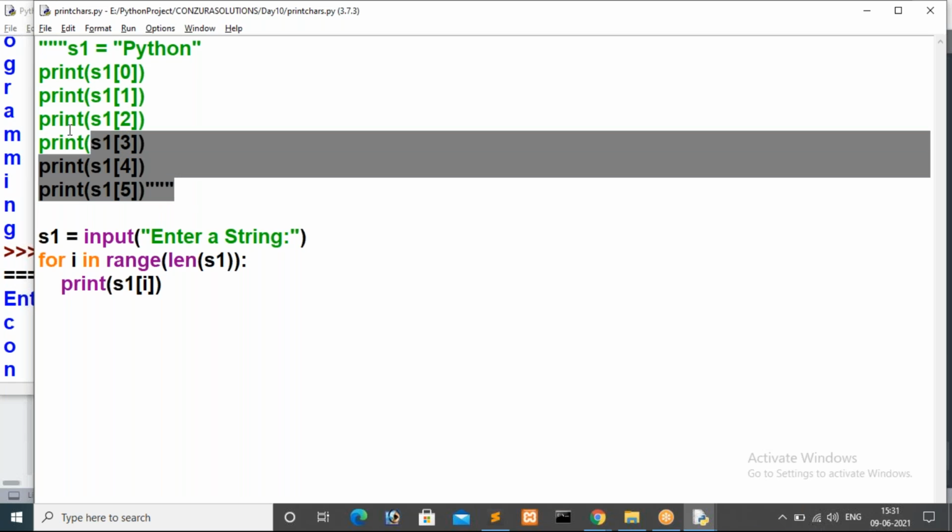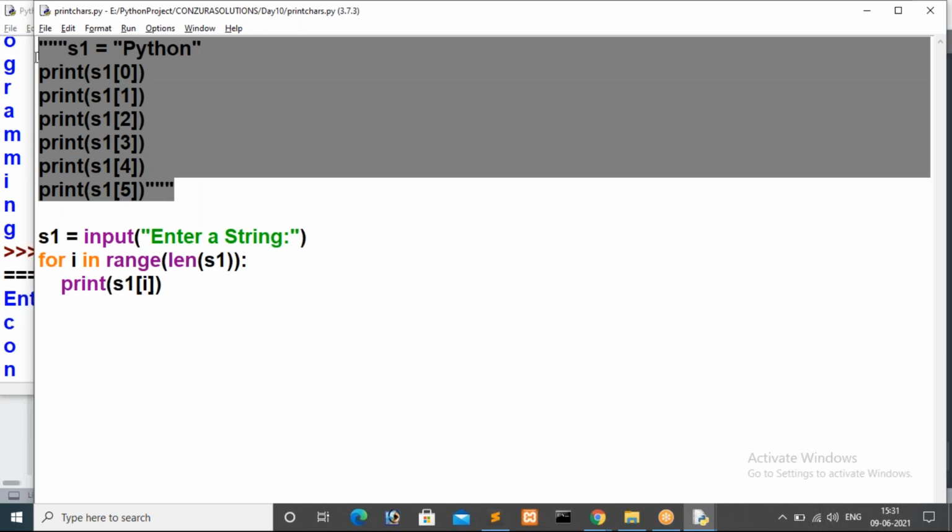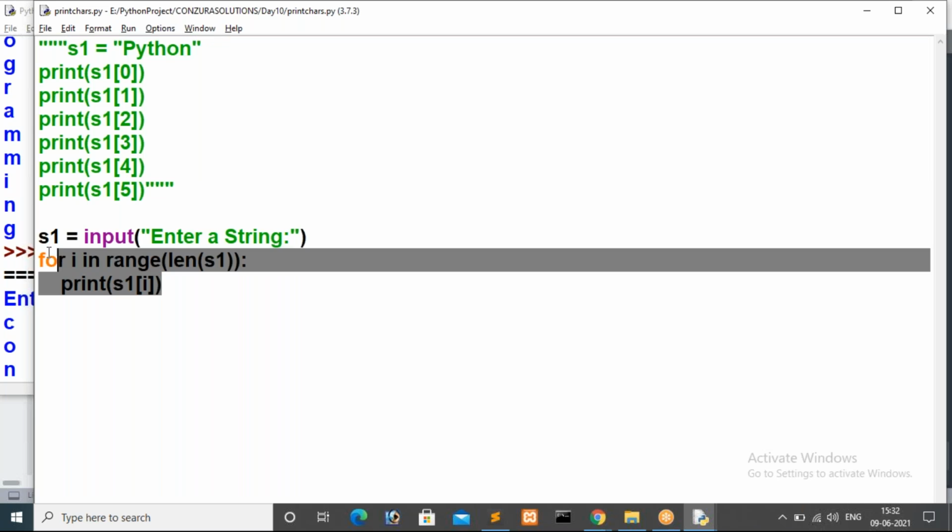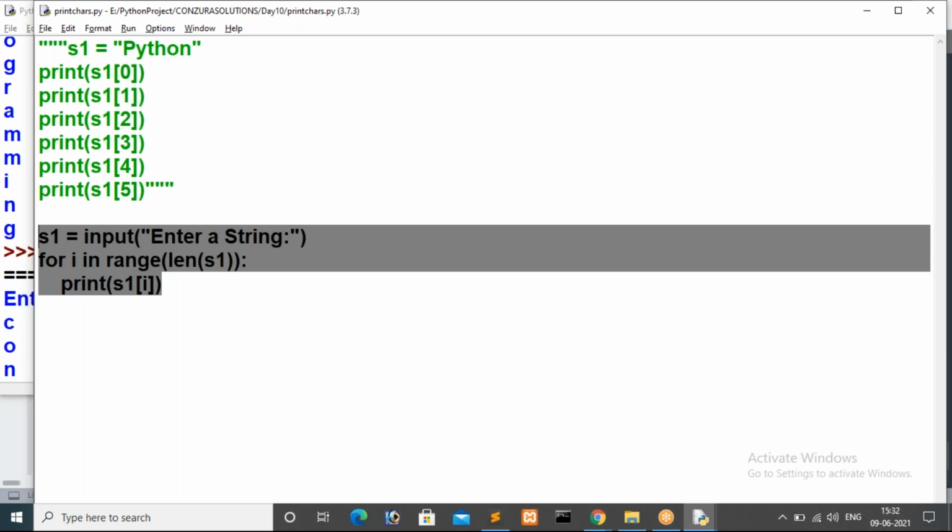Actually, this is not good for printing statements like this. That means this logic belongs to static, that is, fixed logic. If you give something other than a string, then it does not respond. For that reason, we are going with this one. I hope it is clear now. Please give me confirmation once. Yes, Sudarshan says clear. We have to know the basic procedure, and only then go advanced, guys. Otherwise, we will face issues.